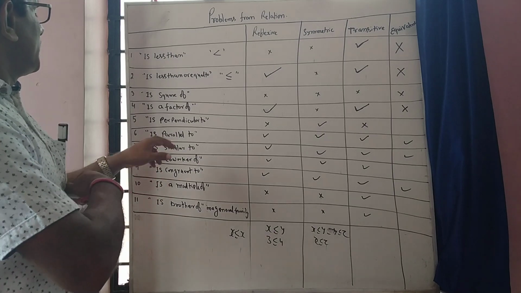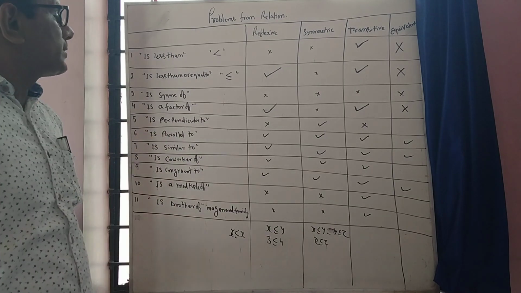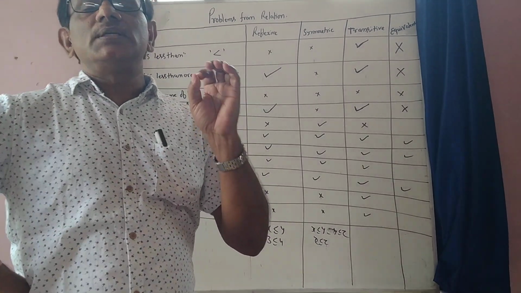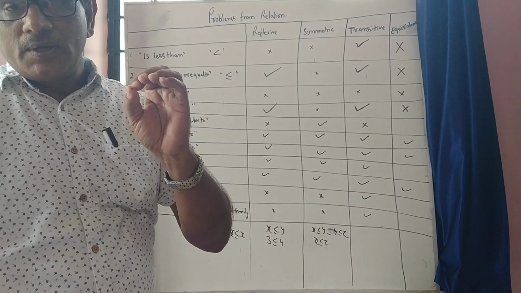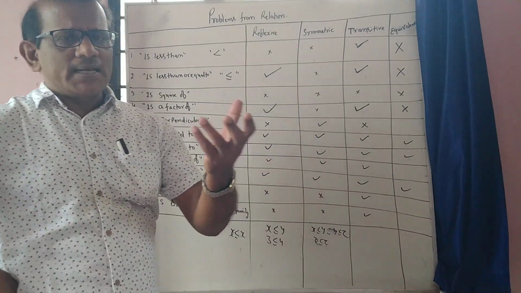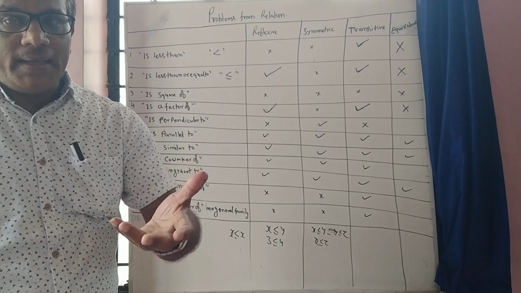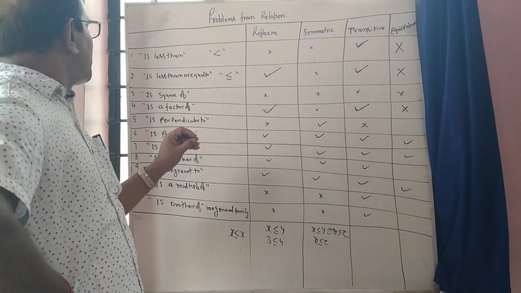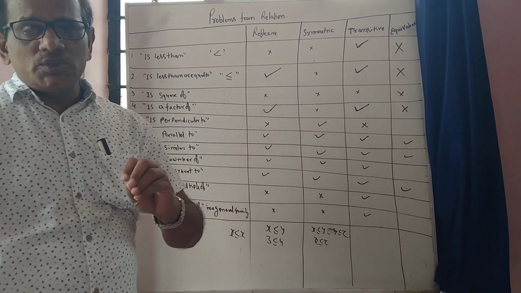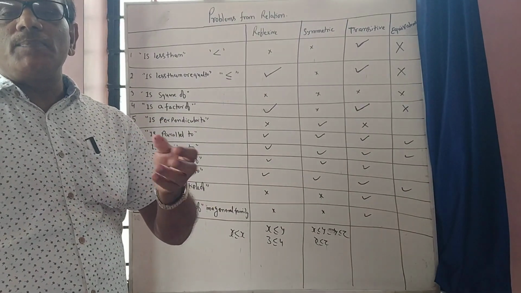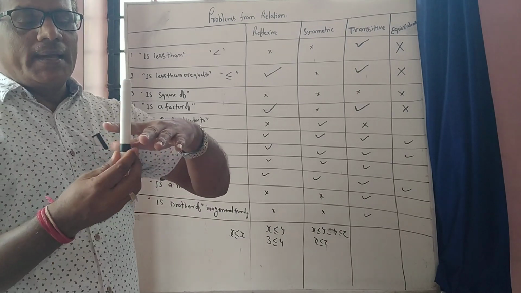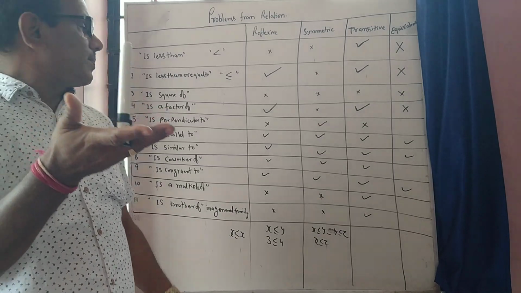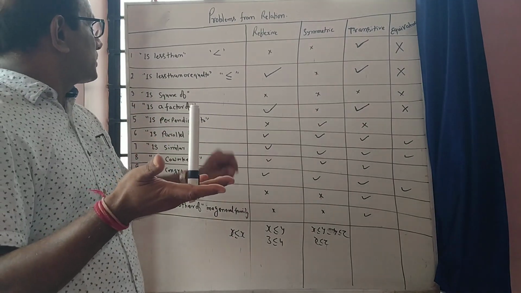Coming to the perpendicular to relation. The perpendicular to relation holds with the set of straight lines. Any arbitrary straight lines taken in a plane, not in different planes, coplanar lines taken. Every line cannot be perpendicular to itself. In fact, no line can be perpendicular to itself. Perpendicular means a line making 90 degrees with another line. No line can make 90 degrees with itself. That's why the perpendicular to relation cannot be reflexive.